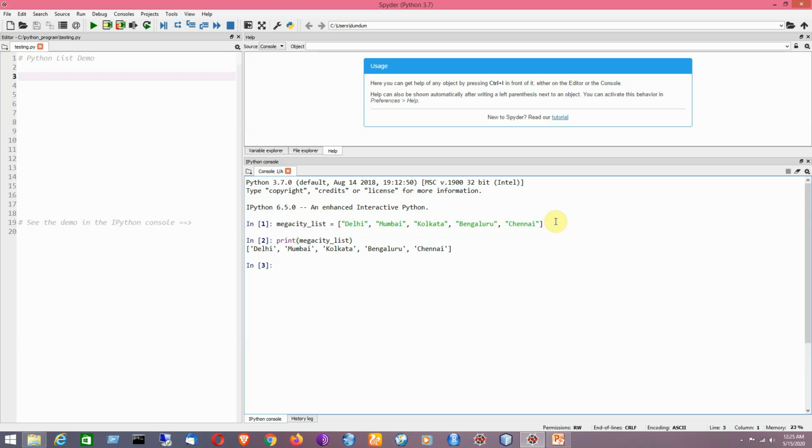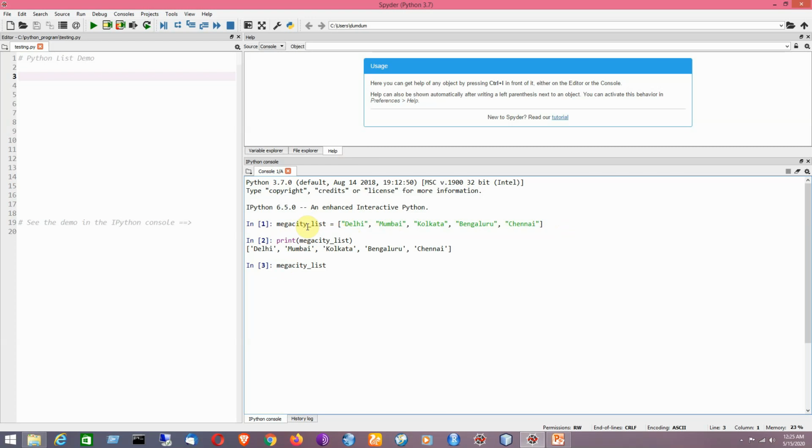So if I run this statement, like by using the print function, I could be able to print the city values, that is the mega city values. Okay. So that is the idea. I would like to give you one trick that is applicable for IPython console only. Like instead of having print function, we can also refer to them by using the name only, like the variable name that is representing the list here.